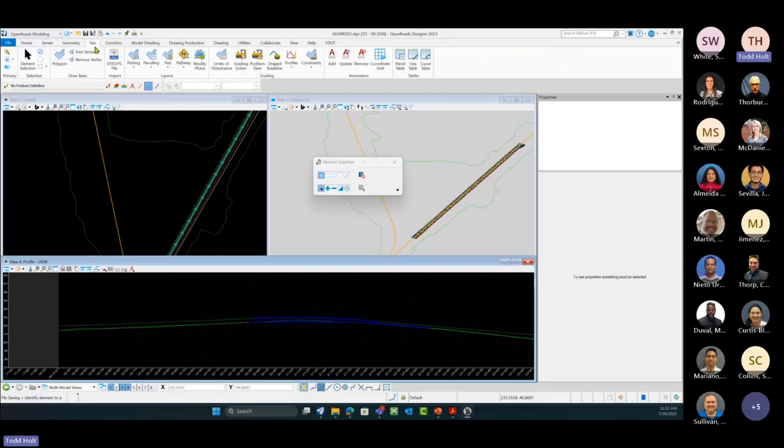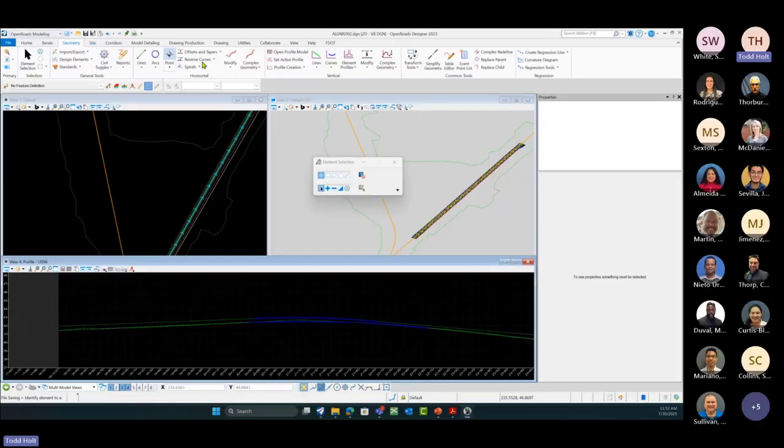So we have our site tool and grading and profiles. We have our best fit profile. And then we also have our geometry and vertical or best fit profile. So there we have a couple of different profiles on there. From the training guide, the third option